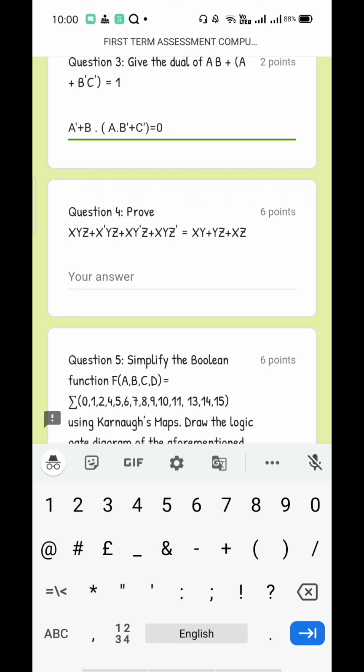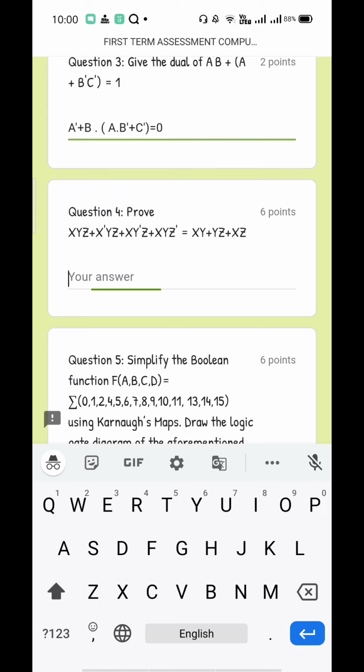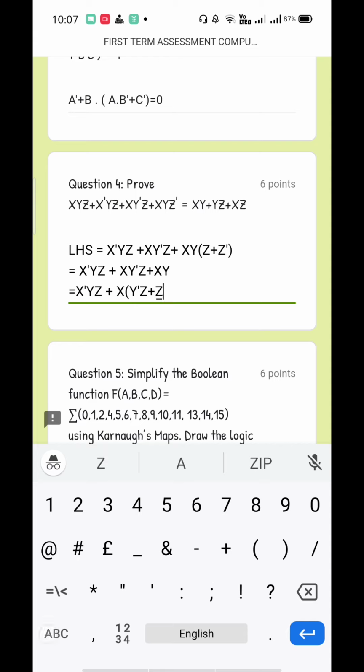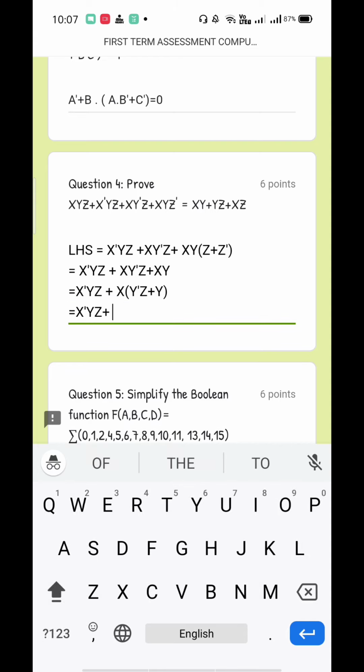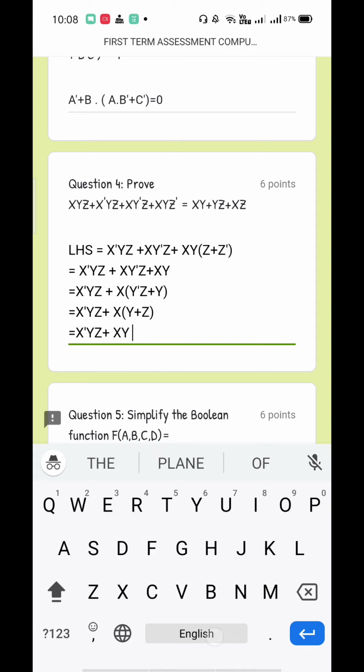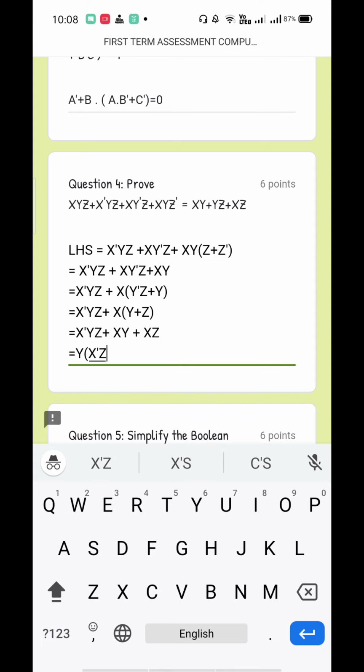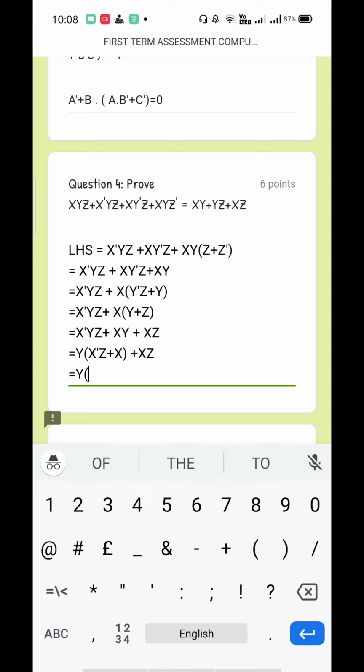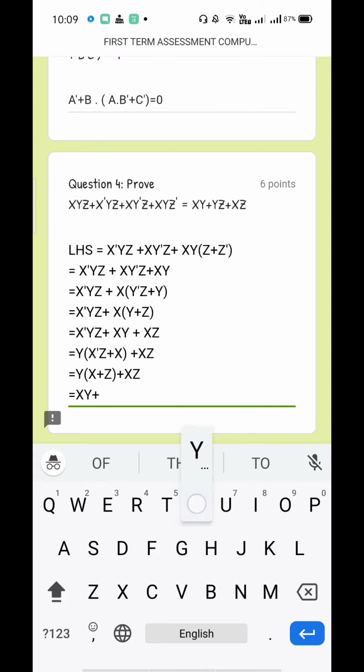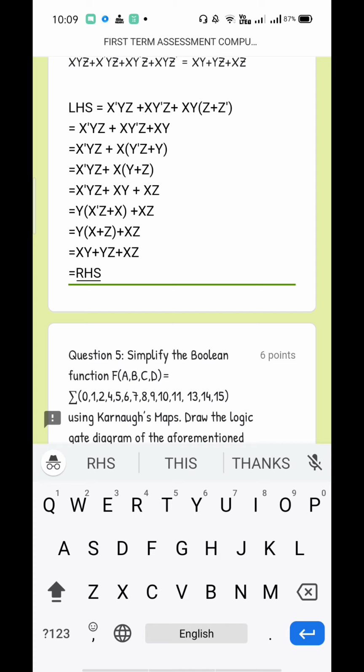In the same way children, I have to type down the answer for this problem also, and this is a long answer type problem. Okay, so children, for this purpose I have to type down multiple lines, so take your time. Okay, and type down your answer. Okay, student. So in this way, I will type the answer for the question number 4.